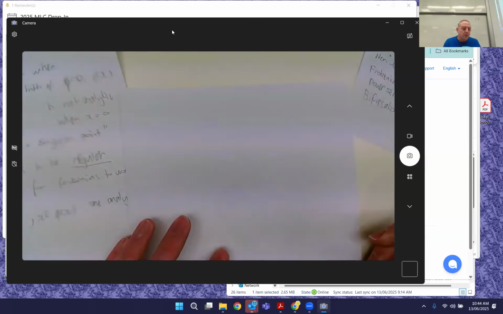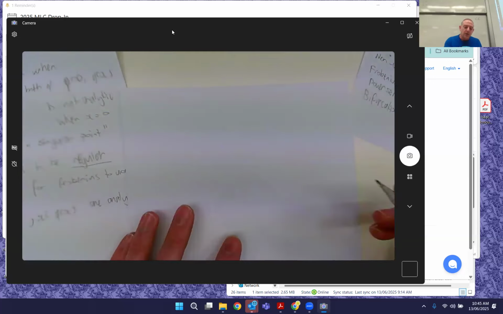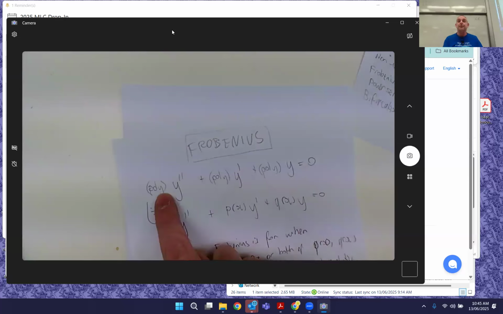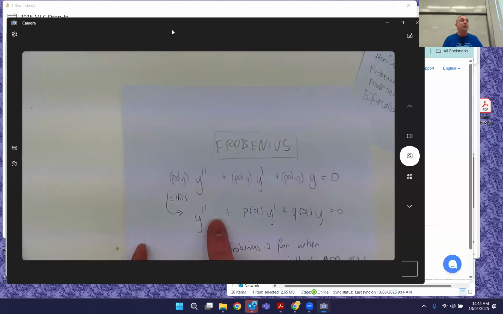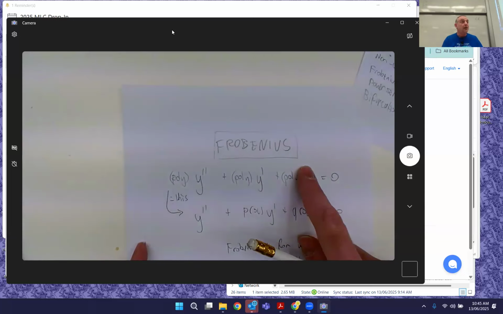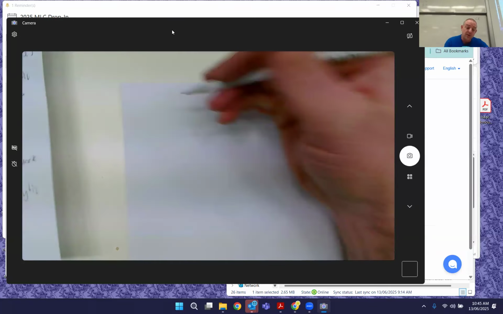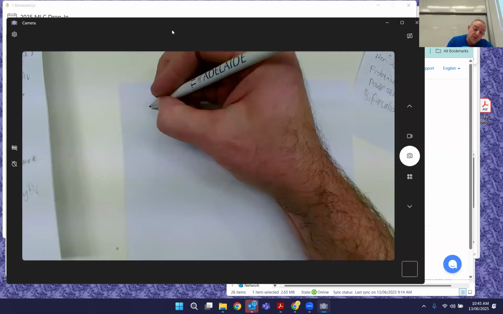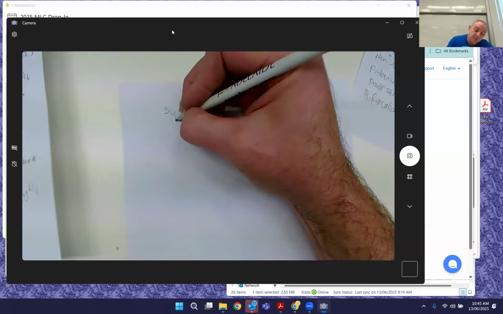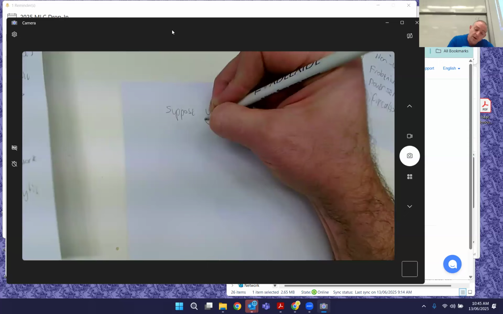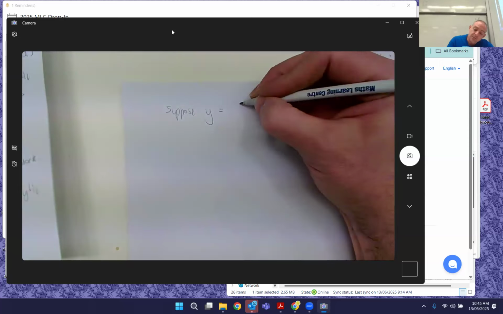So what you do with Frobenius's method is you put it back in this format. That's the important thing. Frobenius's method cannot be done from here. It's too hard. You have to put it back in this format to do it. You go like this. You suppose that y is